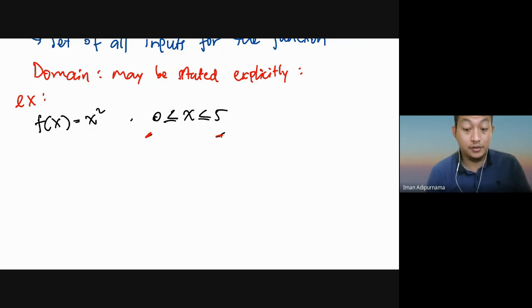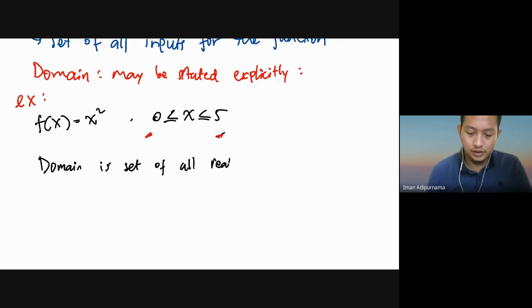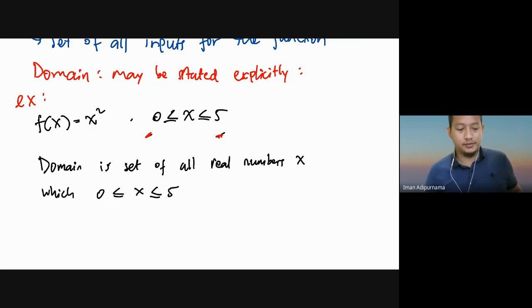This is already a domain that is stated in the function. So the domain is the set of all real numbers x, which